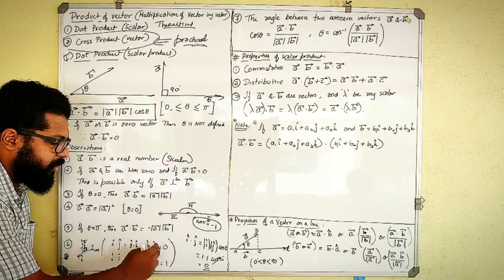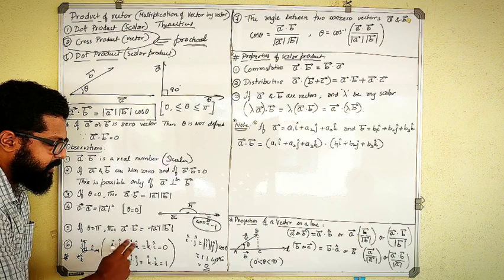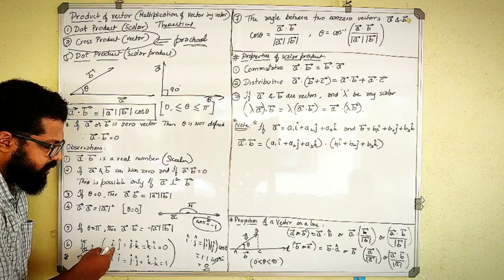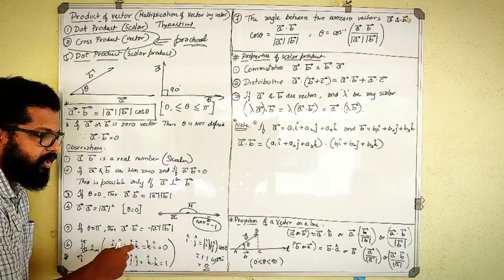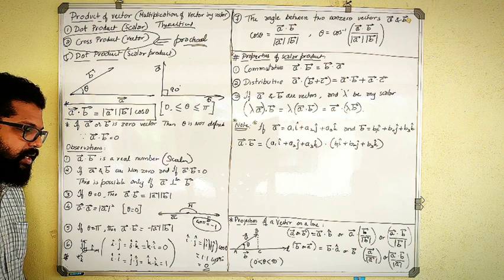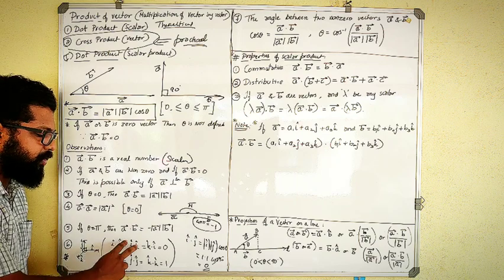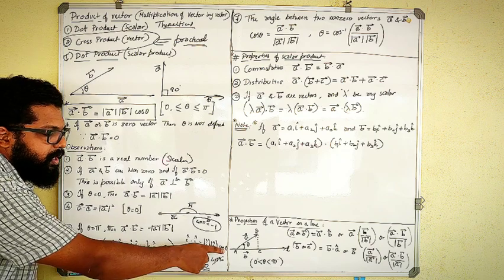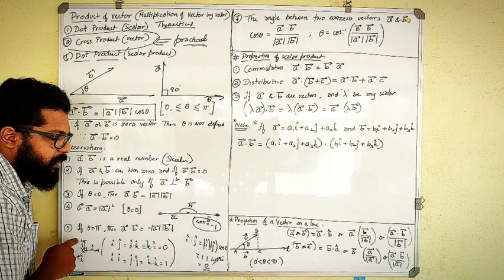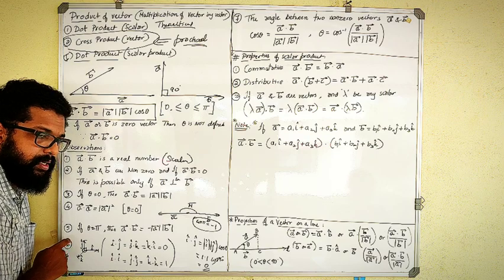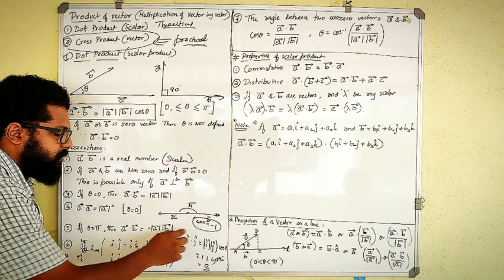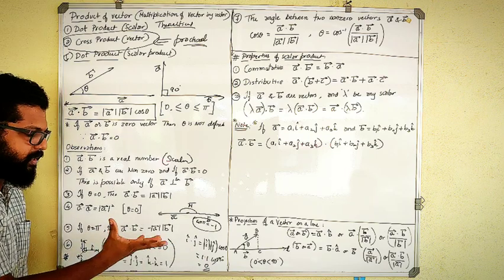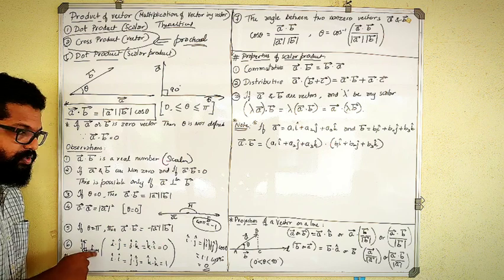Since the commutative property holds good, this is the same as writing the other way, that is j dot i, k dot j and i dot k. It is one and the same. So whenever two different unit vectors are present, their dot product is 0 because the angle theta is 90. Clear? So I hope you understand how to obtain this equation and remember this in the practical sense. So this is the diagram which you will imagine.